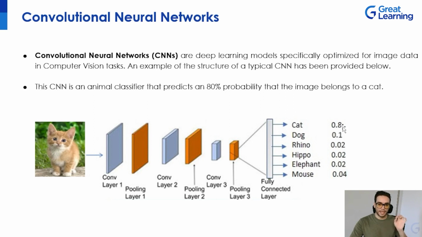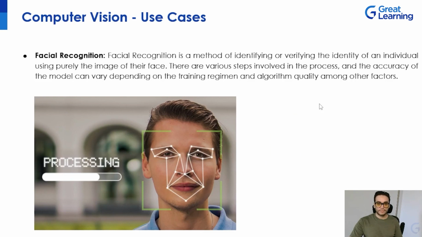So it says for cat, there's 0.8 or 80% probability that it's a cat. 10% probability is a dog, 2% is a rhino, hippo, elephant, and 4% is a mouse. Then we can ask the model, please give me the name of the class that has the highest probability. So it'll tell you that this image is a cat. Another use case of computer vision is facial recognition,